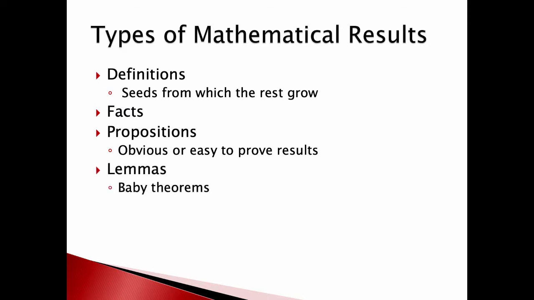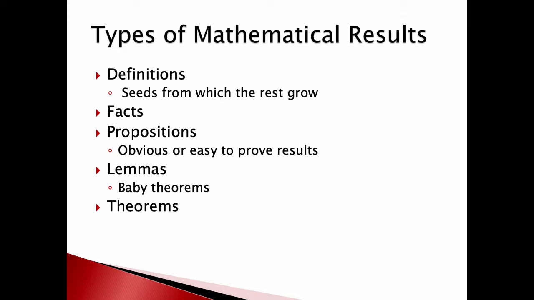We'll call something a lemma if it's like a baby theorem, right? So usually a lemma is something like, oh, look, this is kind of cool. It doesn't take that long to prove and it's not terribly important. And especially we'll call it a lemma if it's something that we're going to use to prove something more important later. Okay? A theorem, that's an important result that's useful and worth calling a theorem in its own right.